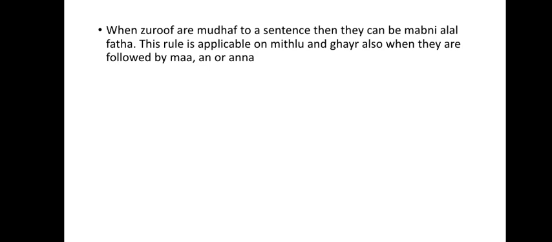So an example of mithl is ضربته مثل ما ضرب زيد. So I'll hit him the same way that Zayd hit. Or غير أن ضرب زيد. So ضربته غير أن ضرب زيد. So you see here أن is there because the غير is mansub, not mansub, but it's mabni al-fath. And that's it for the dhuruf al-mabniyah.